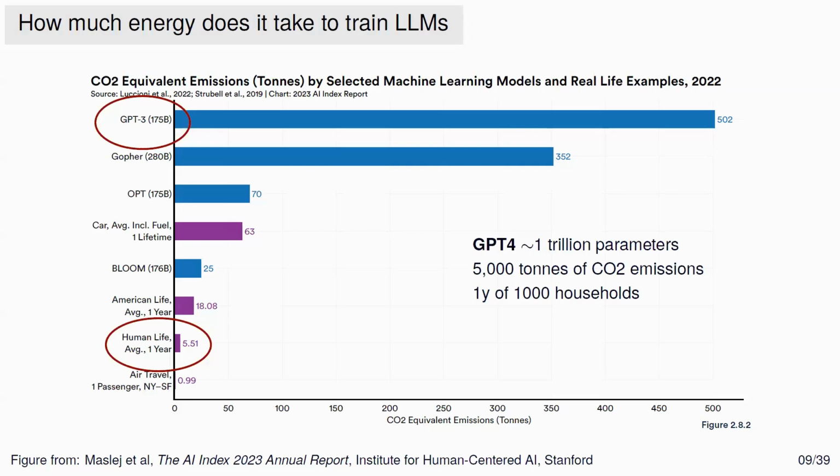This is GPT-3. GPT-3 essentially required about the equivalent of 500 tons of carbon dioxide emissions. And one of us would spend in 1 year 5 tons of carbon dioxide, in terms of power. If you look at GPT-4, which is already older, maybe 2 years ago, to train that took 5,000 tons of CO2, which means it's 1,000 US households for 1 year. So this amount of energy is enormous. Imagine what happens with the current GPT-5 and what will keep happening as many more companies develop new language models. The amount of power that is being required is enormous.